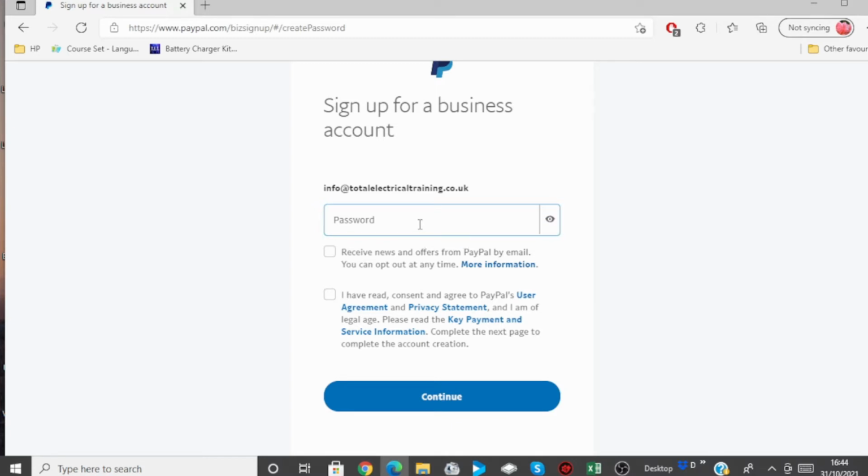Now here, sign up for a business account. They want a password here. Now this password is going to be for your PayPal account. Don't get it mixed up with your website address, or if you have a website or business. This is nothing to do with that. This is to do with your PayPal account. So you put a password for it,